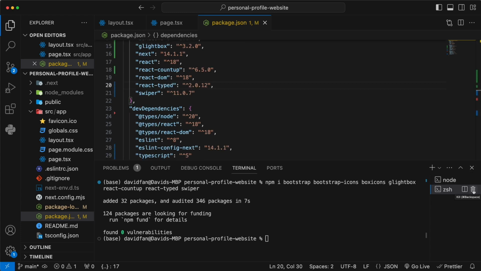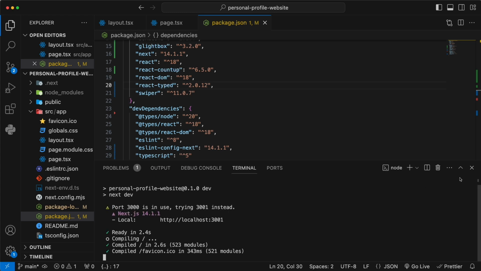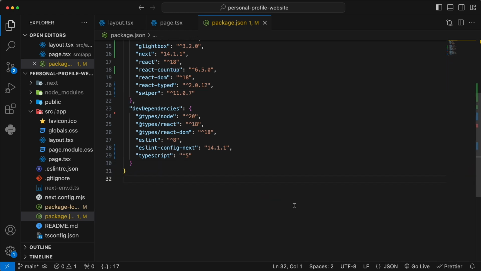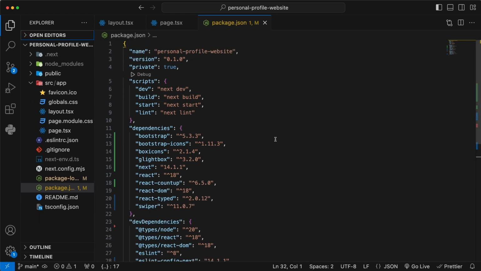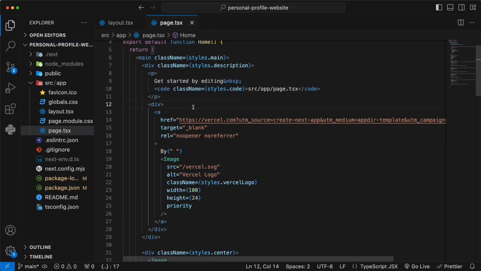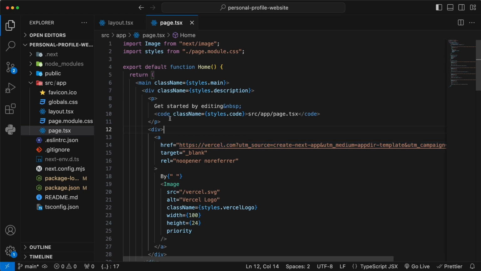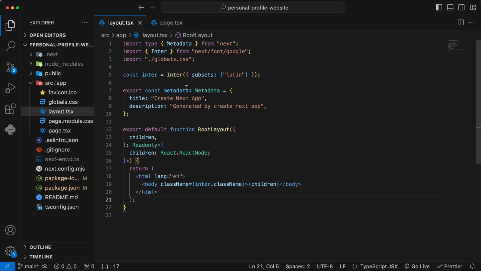We can delete the second terminal but leave the first one on and close it off. Okay, so that's the setup for the project before we officially start. We have the packages all installed. Close this one off. And the next job is to have a bit of a setup to our layout, because